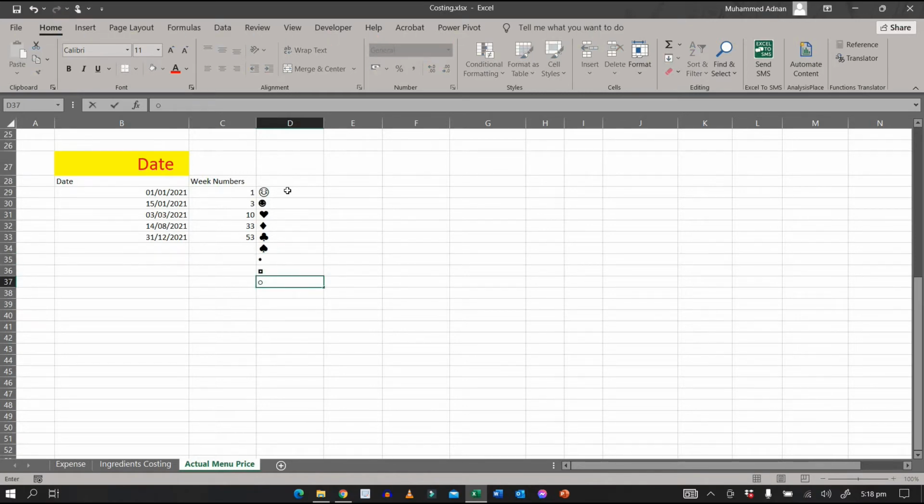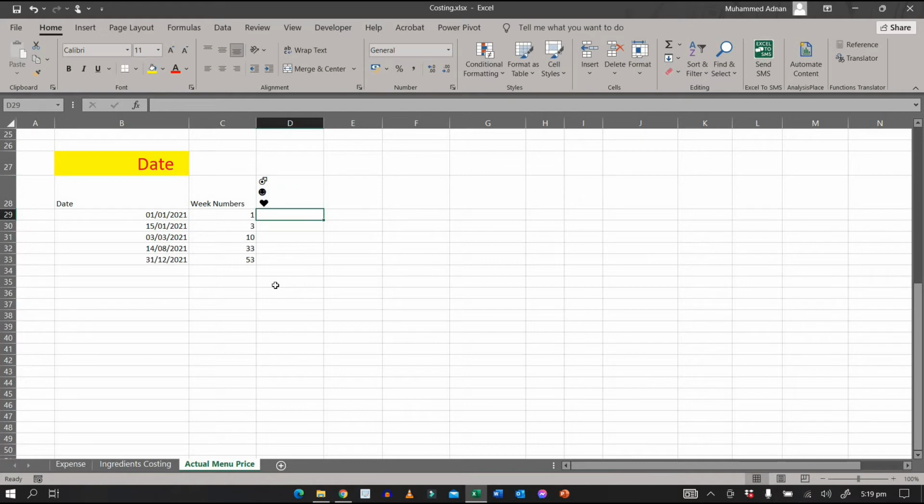Alt plus 9. And if we need to produce emojis in a particular cell and we need to make all the emojis in one cell, what we need to do is Alt plus A, Alt plus 1, then we need to press Alt Enter, then Alt 2, then Alt Enter, and then Alt 3. Same process as we go. If I press Enter, you can see all the emojis appear in a particular cell.